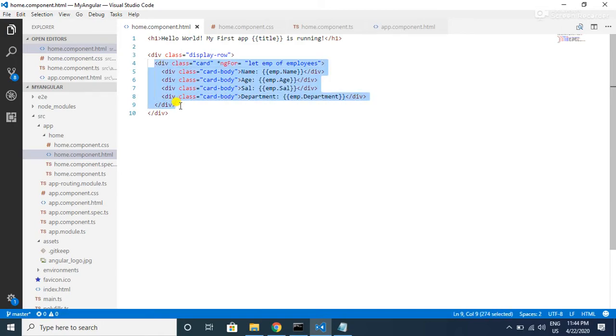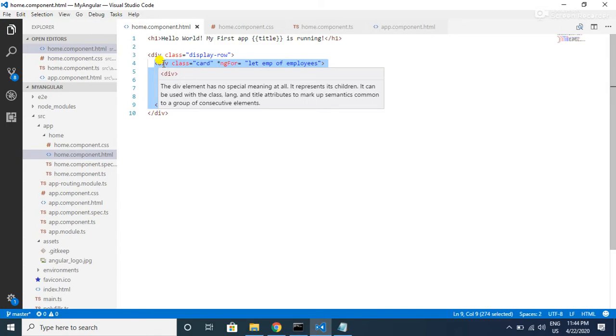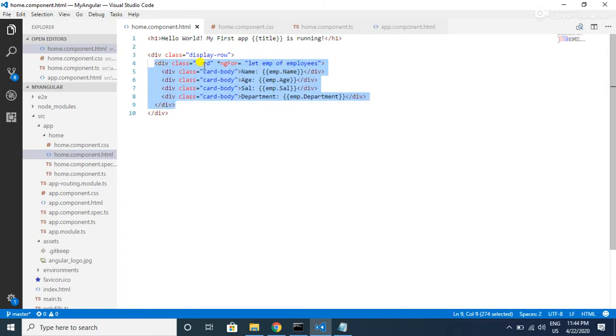The host element is the element that is attached to the ngFor structural directive. So this div tag is the host element, and all the children of this host element can access this emp object. And if we try to access this emp object outside this host element, we will get an error.